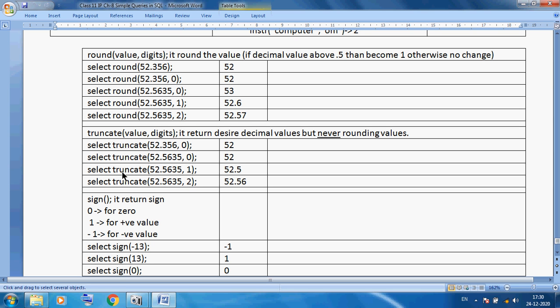Select truncate, next example, select truncate 52.5635, 1. But after the decimal point I want to display 1, so you can see 52.5. Select truncate 52.5635, 2. So after the decimal point I want 2 digits, so you can see